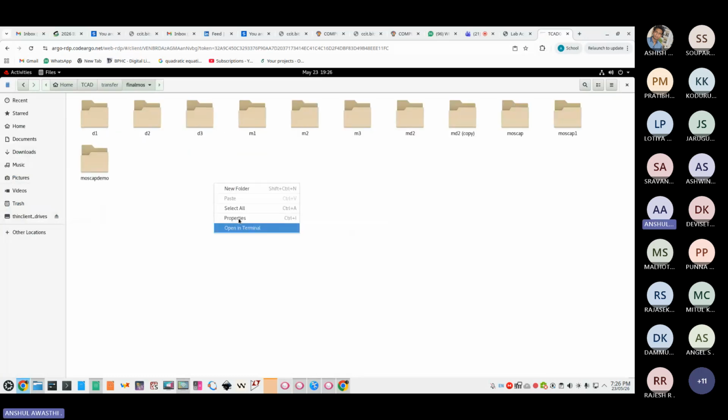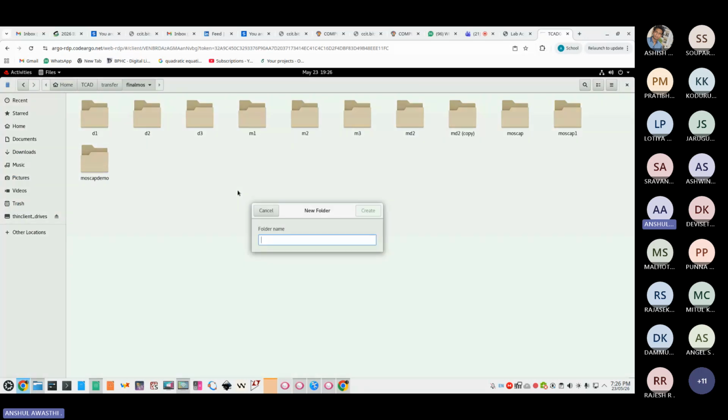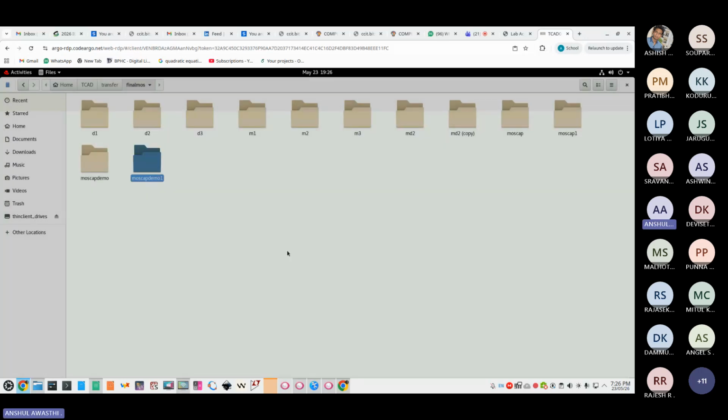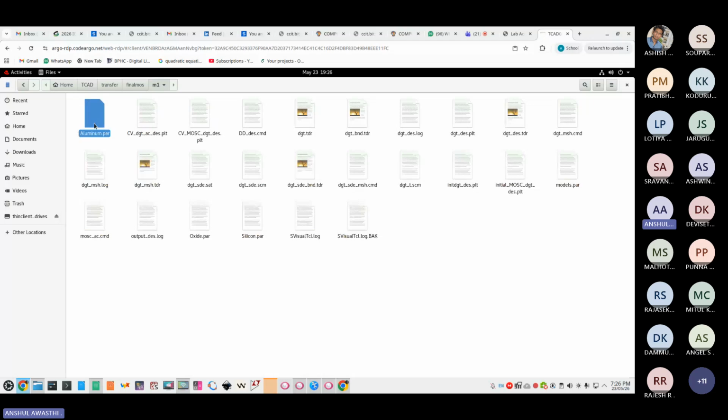For example, new folder, boss cap demo 2 1. Okay. This is the folder. So what this aluminum parameter file, where is models.par